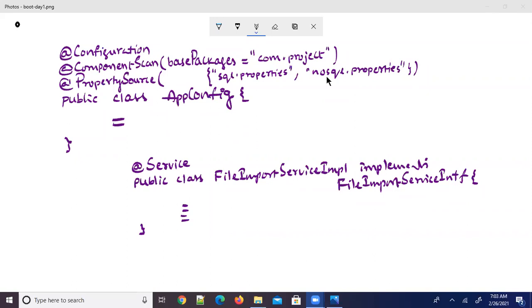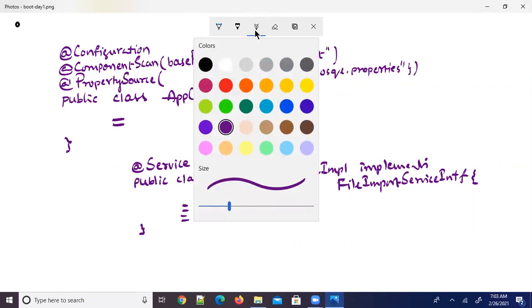Okay, good. Now, in the component auto scan feature, suppose it is in some package like the com.project.service.impl package. Say, for example, I'm writing the package name also just to give you some clarity. To give you some clarity, let me write a package statement also.